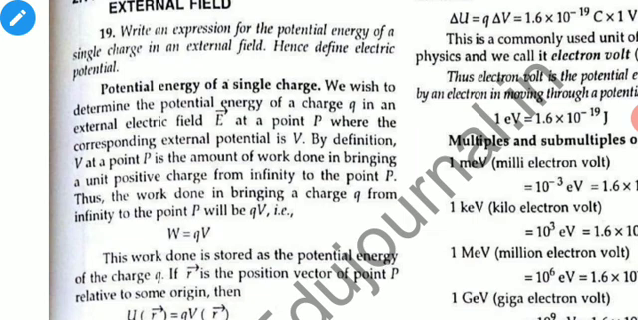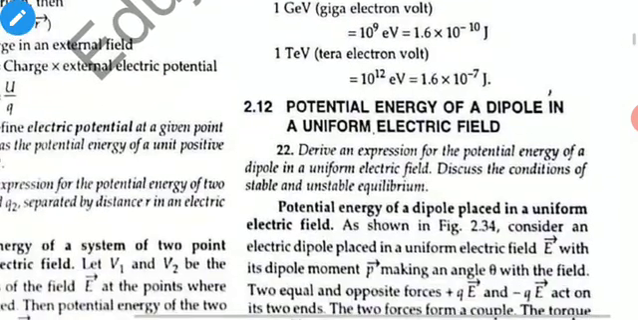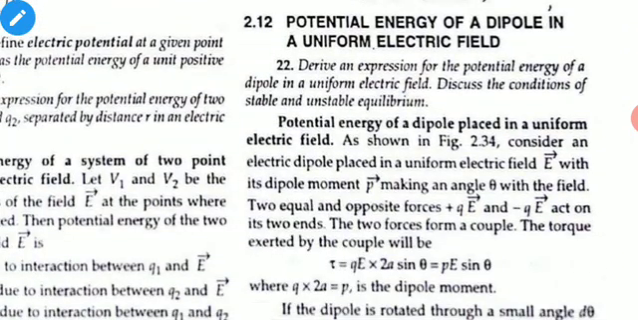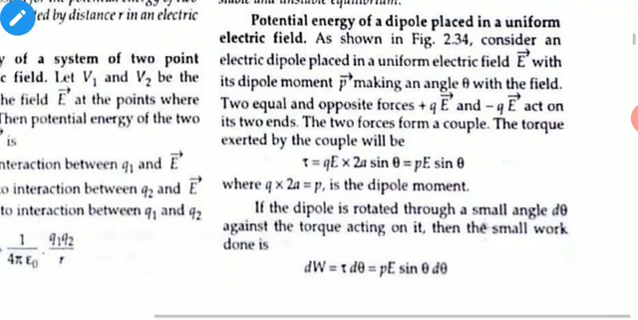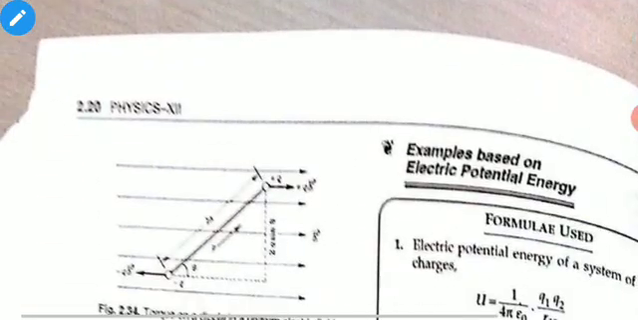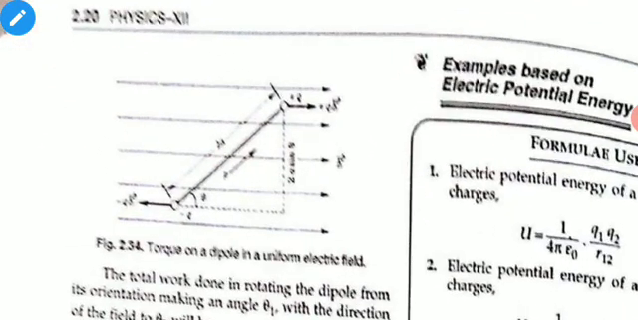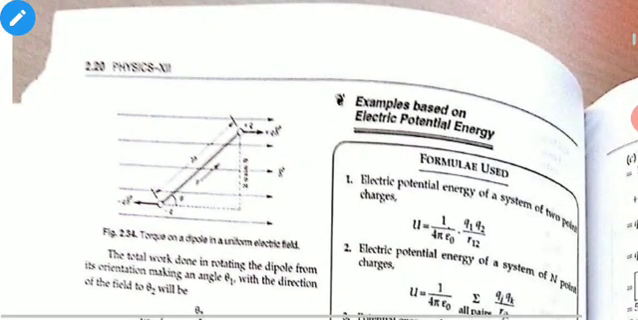So, students, our today's topic is potential energy due to dipole in uniform electric field. Suppose there is a dipole, as you can see in the figure. This dipole is placed in a uniform electric field. As you can see here, the plus q end of this dipole will move along the electric field,